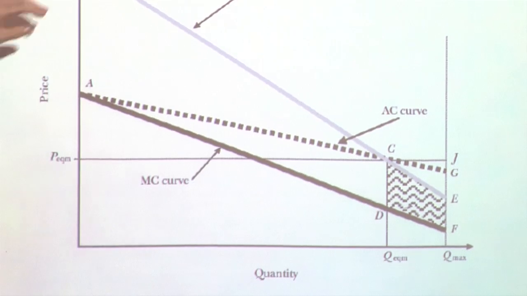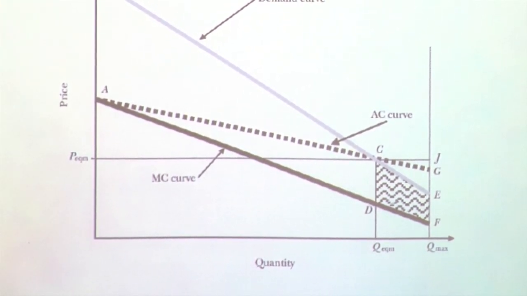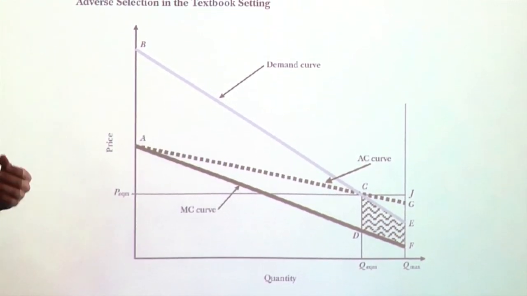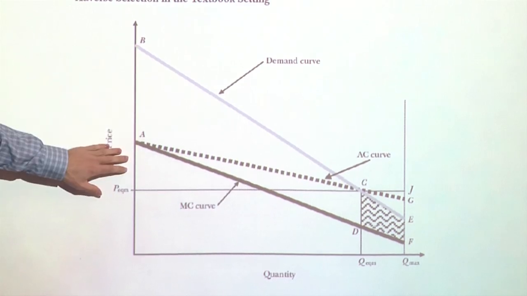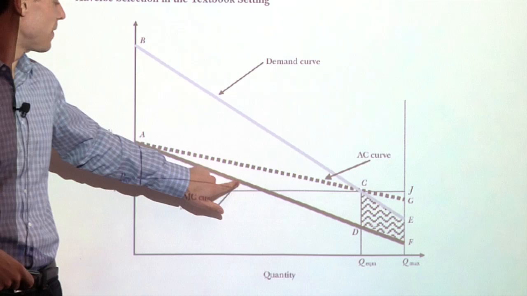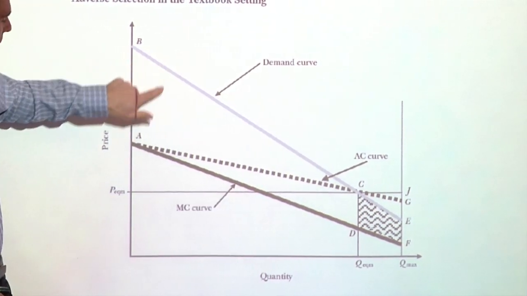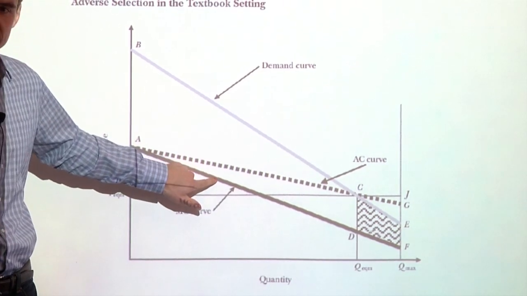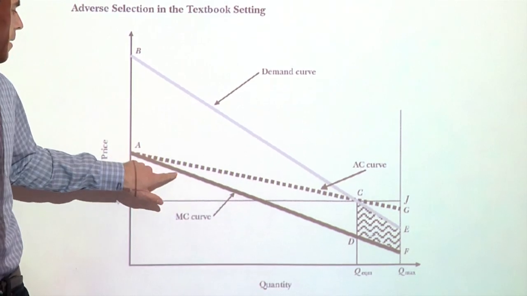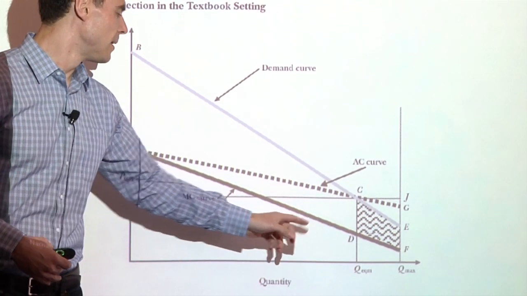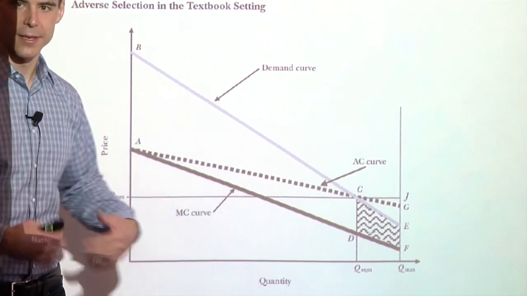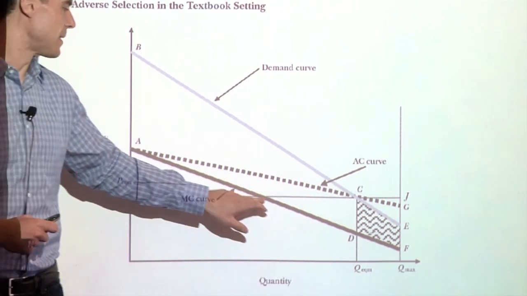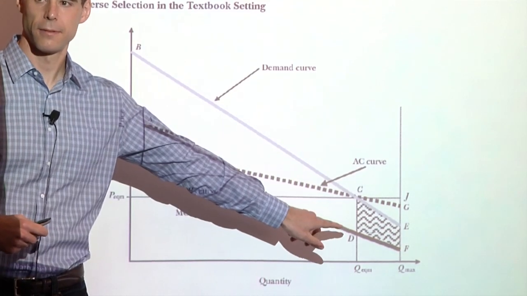Okay? And so the insight of Akerlof back in 1970 is that people with different demands might have different costs. So if we draw on the same axis the costs that these people experience, so this person is willing to pay this price and they have this cost, the idea is people that are willing to pay less might have lower costs. Okay? And so we can think of this as a marginal cost curve, because on the margin, as you take more and more people into the market, the cost imposed on the set of people, the aggregate cost of that group, is this downward sloping curve given by this marginal cost curve. Okay? Does that make sense?